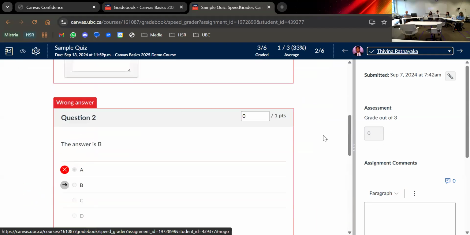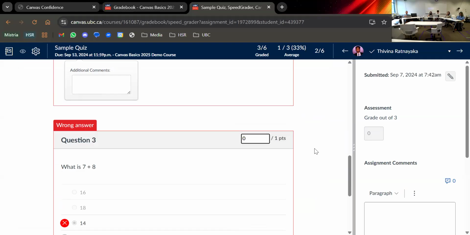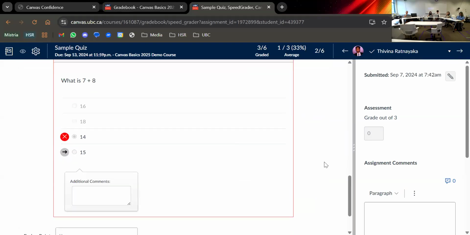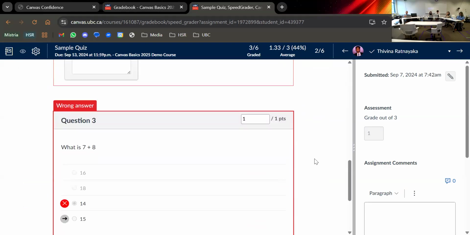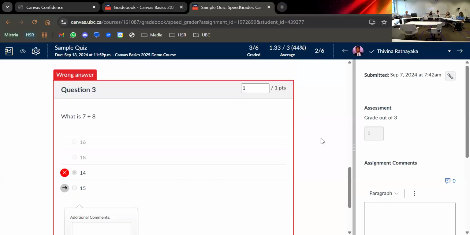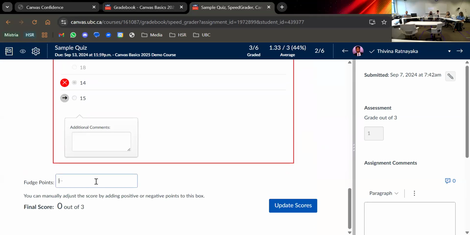You can change this. So you can manually override. Say, for example, you think this question is maybe not fair. You can go in, change that so they do get the mark, and you would update scores. So now it shows over here, 1 out of 3. You can do that different ways. You can do it within the question here,